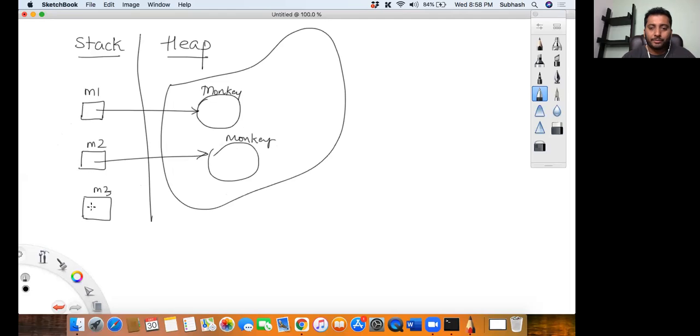It means both will be pointing to the same object. Guys, is this diagram okay with all of you? Hello, yes or no? Then what happens? Later, we have System.out.println